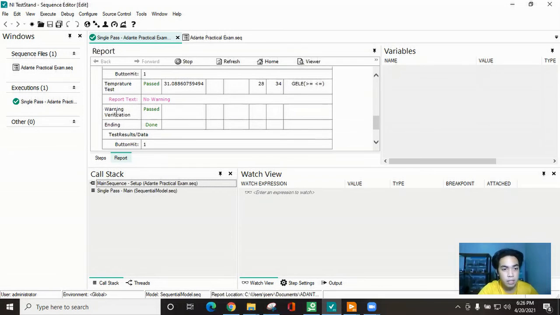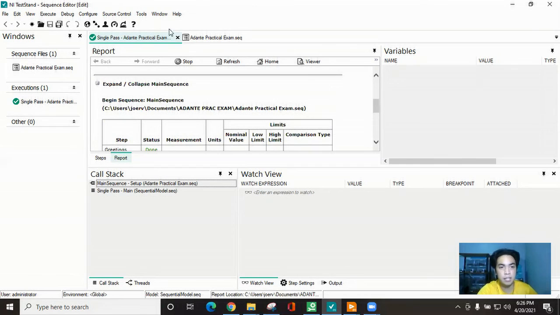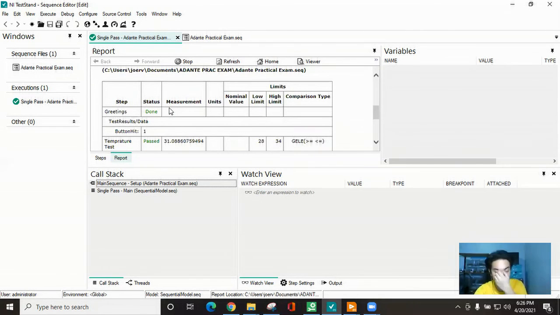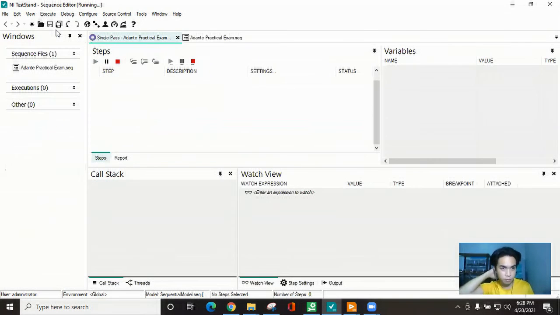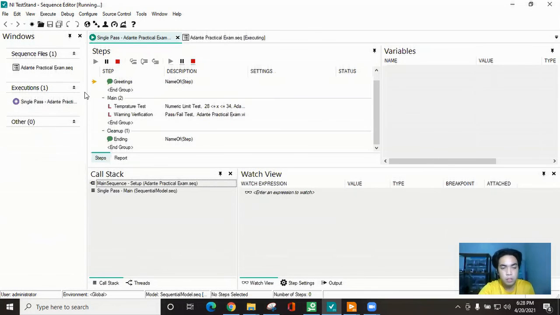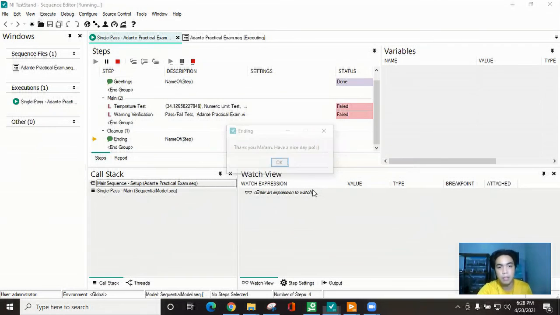And then the next one is the warning verification. The VI passes since there is no warning. And that is basically it. So overall, my test passes because it is in between the range. There is no warning. That is why the warning verification passes. So trying another value, 34.1. The test fails because